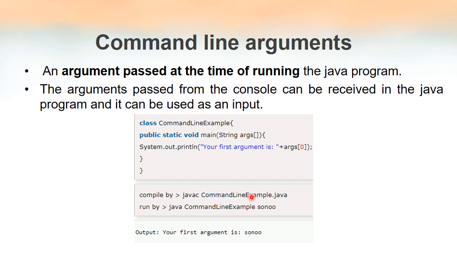Now if you want to see the output of our program, we have to give this bytecode to our Java virtual machine. For that, we have to write java and the name of the file with the .class extension, that is our bytecode. So it is possible to pass parameters along with this line. That is, it is possible to pass parameters when we run our Java program. We type this line at the terminal or the command prompt, isn't it?